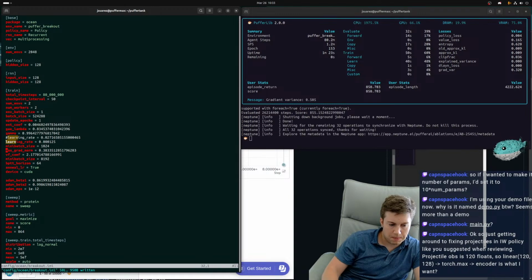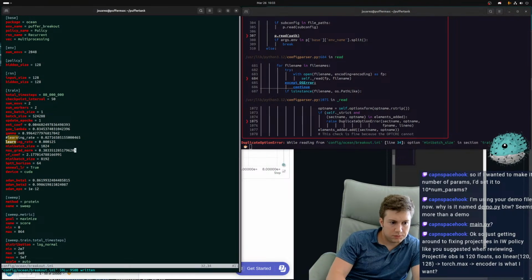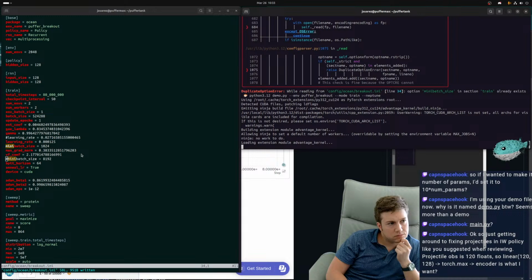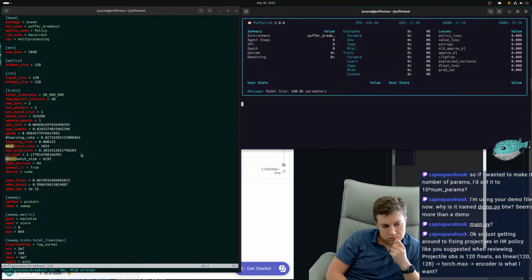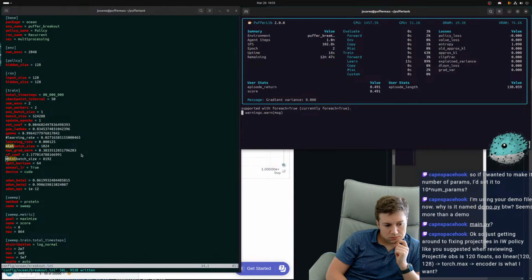I'm going to 1024. I'm going to see if this curve matches roughly. Definitely slower wall clock, but that's expected.